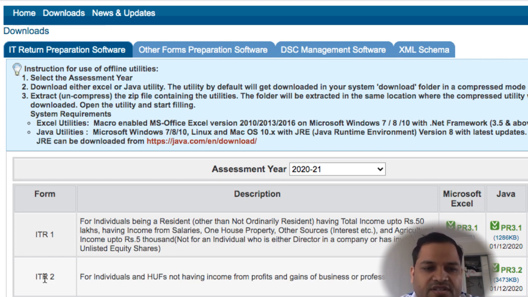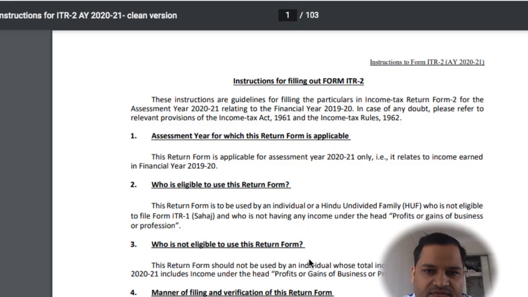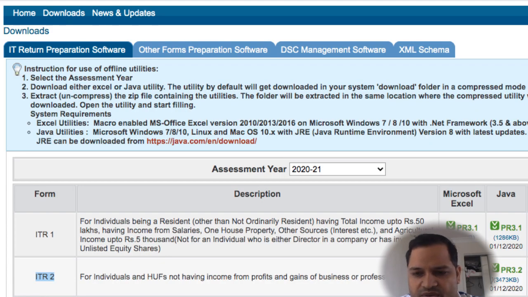Let us say you want to modify the ITR 2 XML, then just select this one or this one, Excel format or Java format. Just download that, and then you can edit that XML file. You have to import that XML file into these utilities, and the instructions are given there. If you open the instructions, you will see here. So I have downloaded this Java utility, and now I'm going to show you how you can use it.